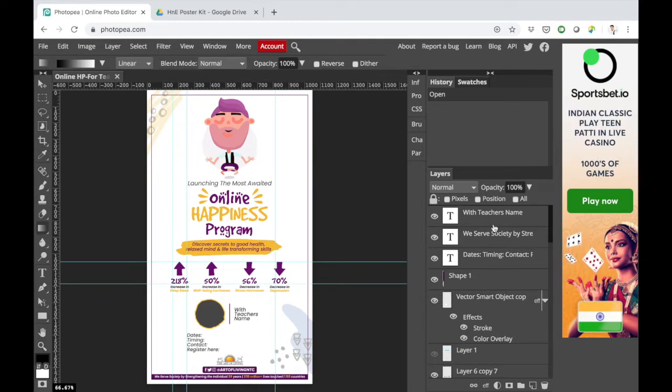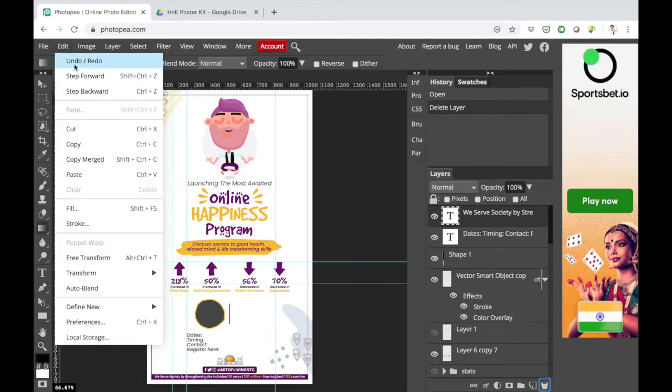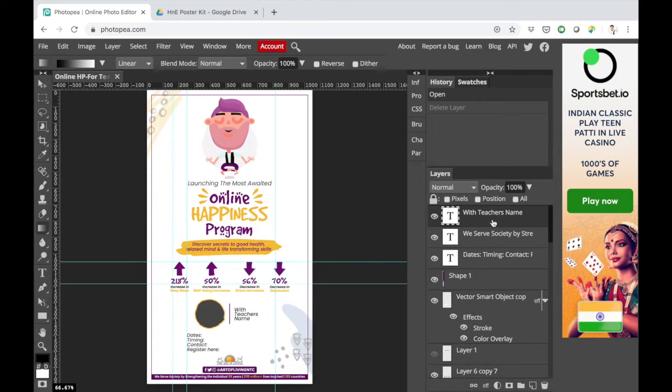If you don't want any particular element on this image, you can actually hide it or simply delete it by going to this bottom right corner, delete layer. That will actually delete the layer. So I'm just deleting that for testing purposes. Now I'll go and do an undo. All right. That is it for showing or hiding layers.